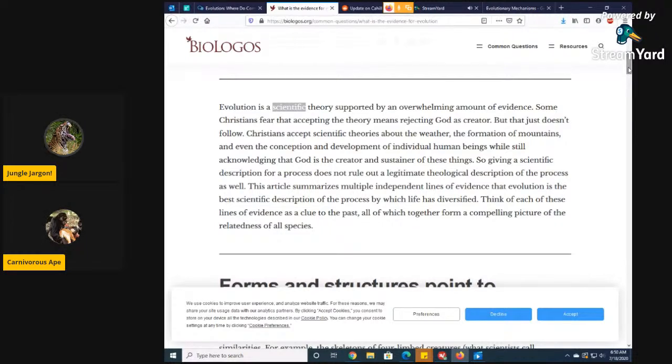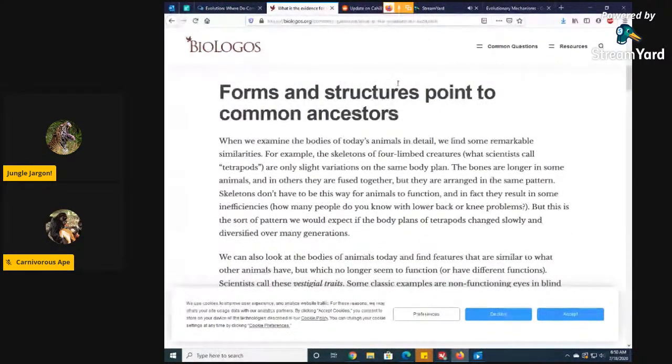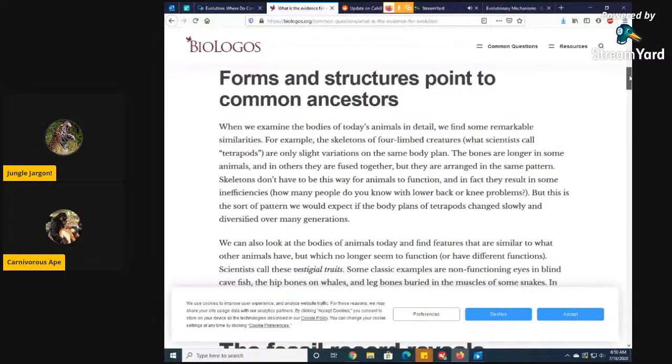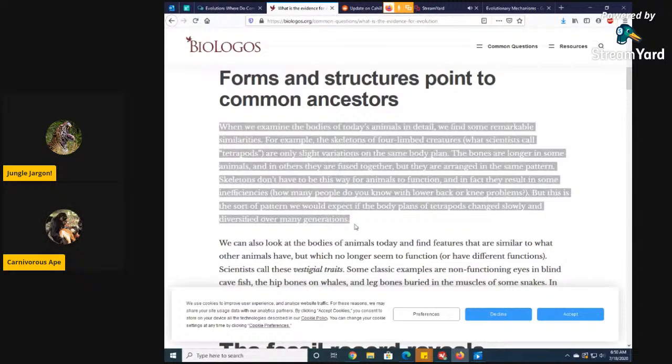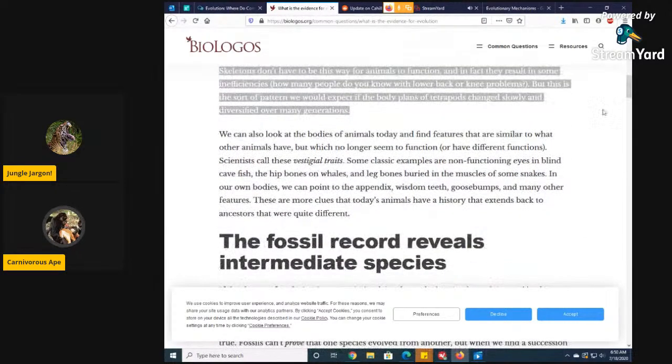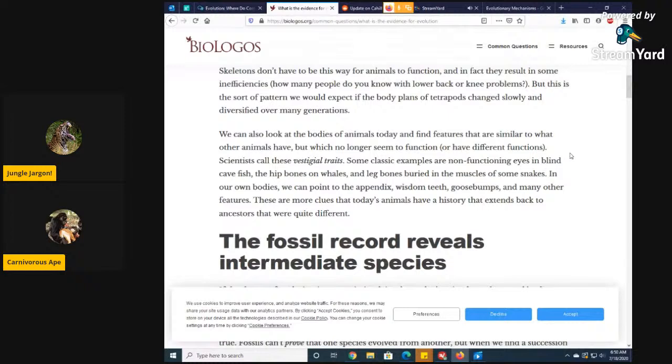It can't be anything other than what's in the genome. Form structures point to common ancestors. Now, your imagination points to common ancestors that don't even exist. Really. See, people used to say that we came from monkeys. Now they say we came from a common ancestor with a monkey. No, that's just your understanding of it that's changed. So what's the difference? The difference is that us and monkeys diverged from a common ancestor. That's literally how that works. That's exactly what I said.